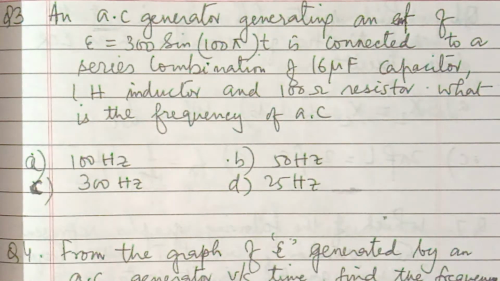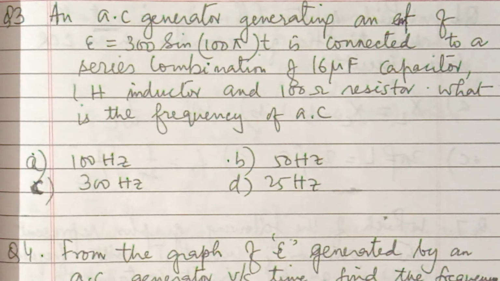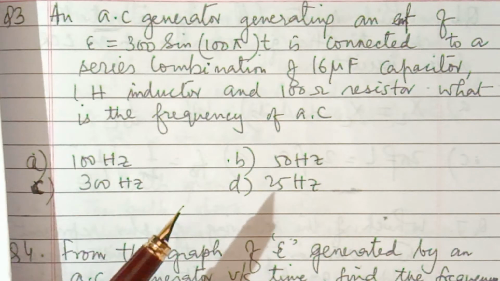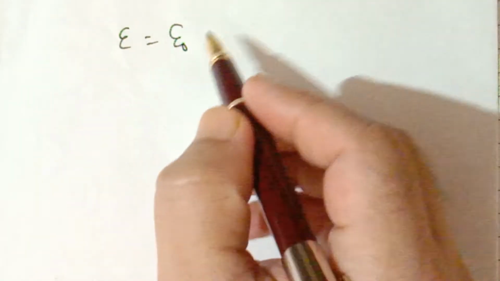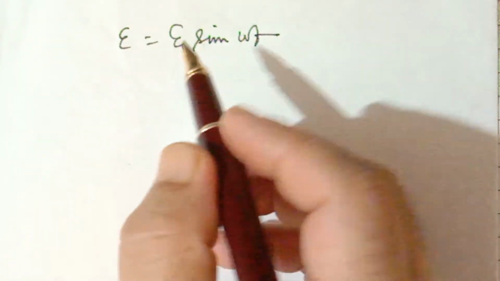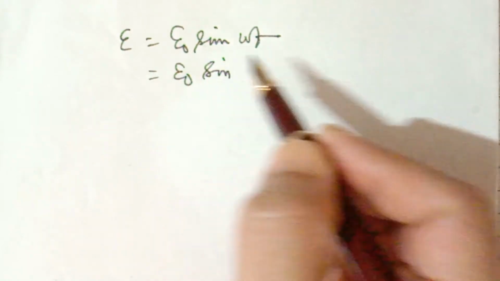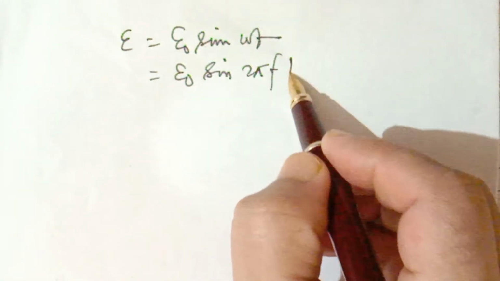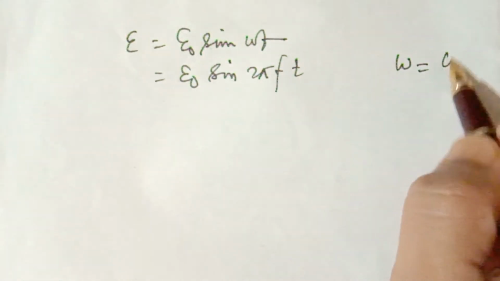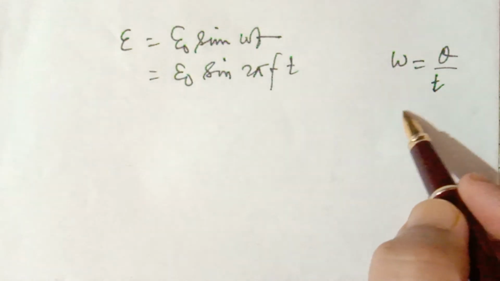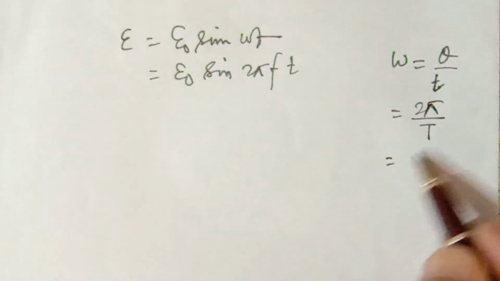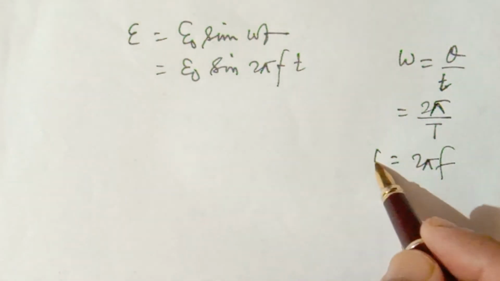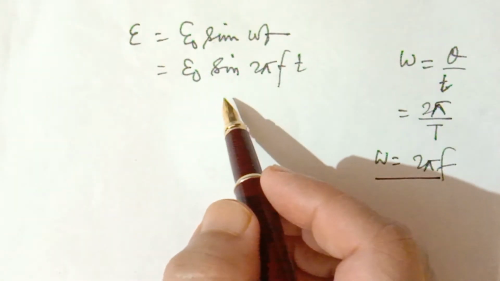What is the frequency of AC? यहाँ पर ये जनरेट किया है ना, E = 300 sin 100 πt। तो इसको हम ऐसे लिख सकते हैं, E = E0 sin ओमेगा टी। तो ये जनरल एक्सप्रेशन है EMF का। E0 sin ओमेगा t, ओमेगा होता है 2πf, बिकॉज ओमेगा इज बेसिकली θ/t होता है ना। अभी θ जब 2π लेंगे तो ये t हो जाएगा कैपिटल T, टाइम पीरियड, एंड 1/T इज f, सो 2πf होगा।